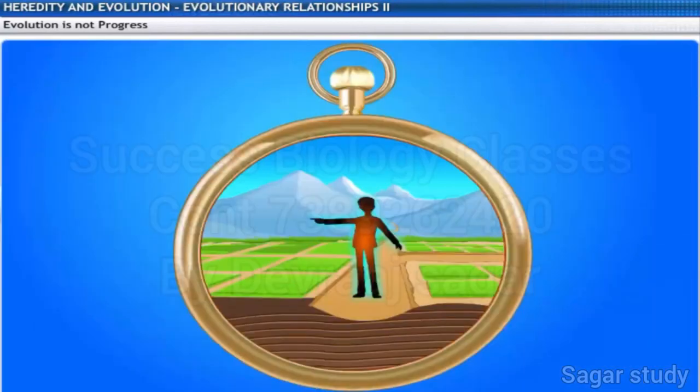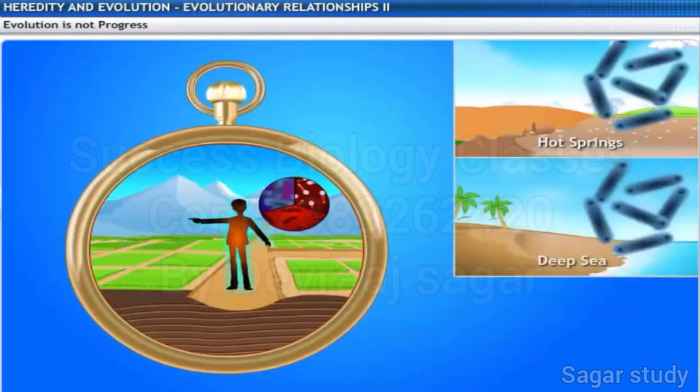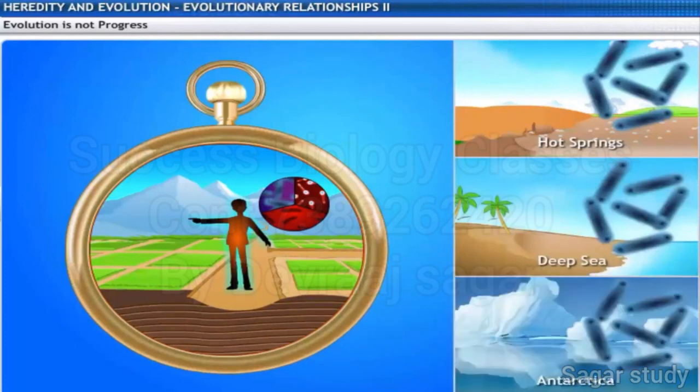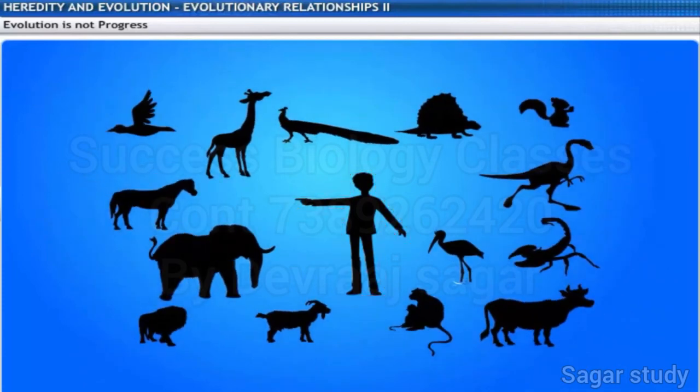However, many old and simple designs still survive. For example, one of the simpler forms, bacteria, is able to survive in almost all climatic conditions such as hot springs, deep-sea thermal events, and in Antarctica. In other words, human beings are not the height of evolution, but simply yet